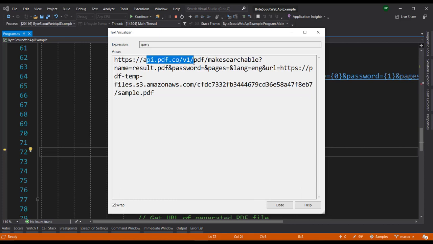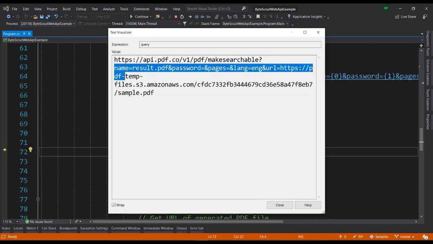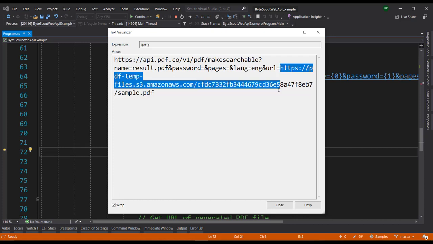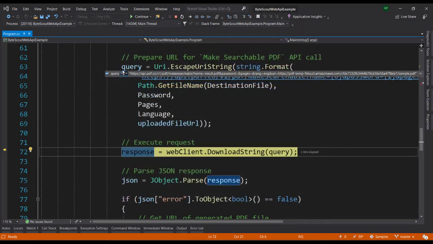So we have provided different parameters like the name of the output file, the password, which is not the case here, and the pages, which we kept blank because we want to process all the pages. We provide English as the language. In the URL, we provide the pre-signed URL here, basically the output URL.